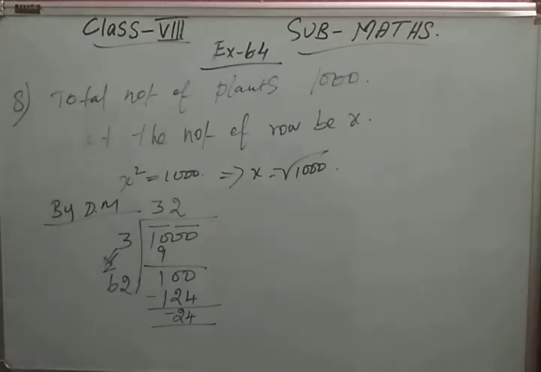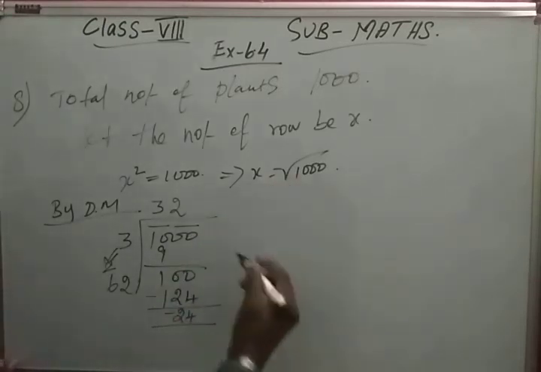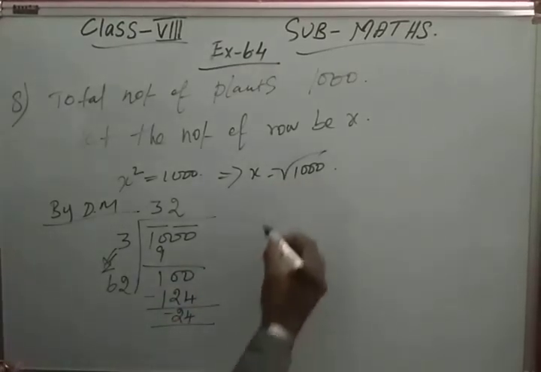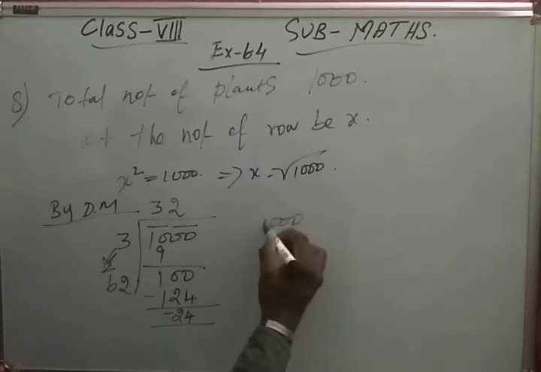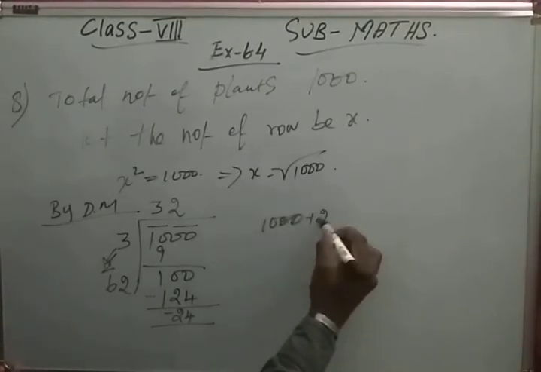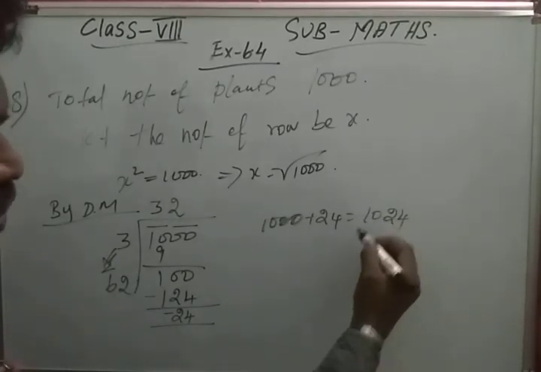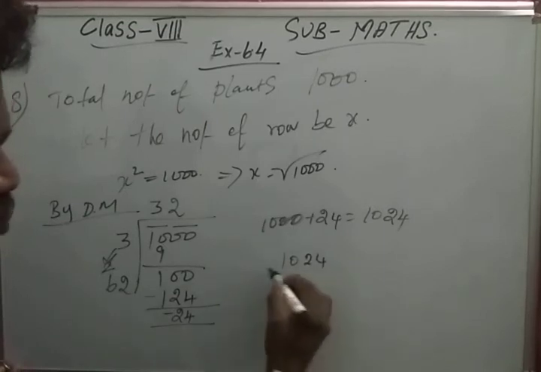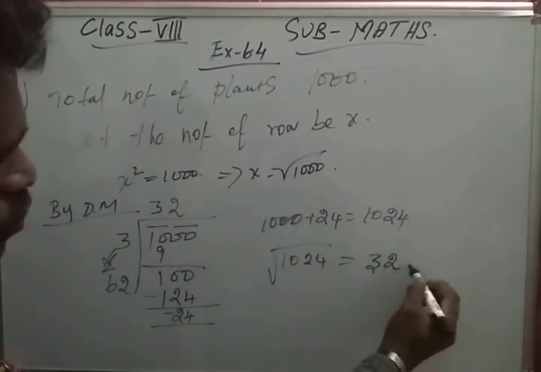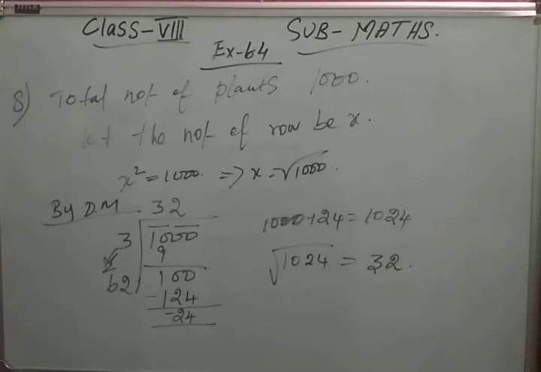So what can we find out? Like the fourth or fifth perfect square. That is like a fifth sum. What do we need to add? Since there is a minus 24, you have to add 24 to this 1,000, which is equal to 1,024. When you take the square root of 1,024, you will get the perfect square value 32.